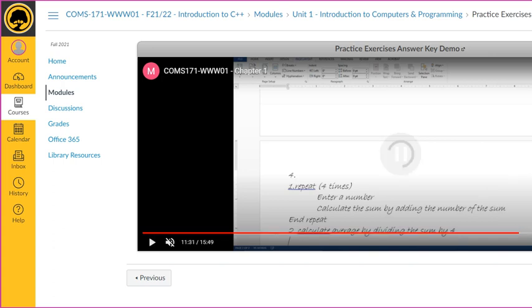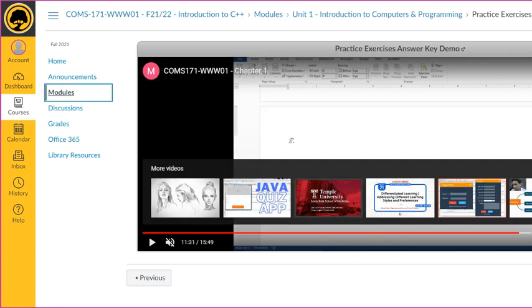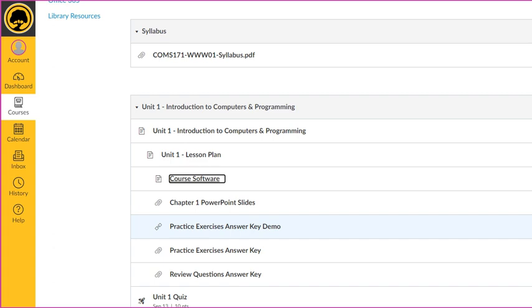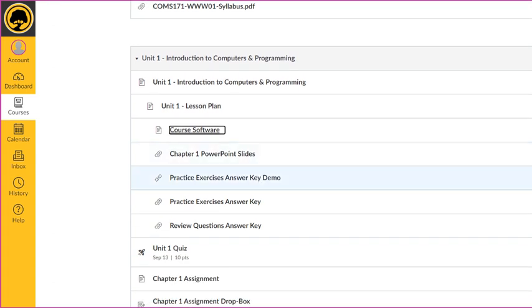Basically, every time you complete an assignment, you'll go through the process of typing it in Visual Studio, compiling your code, then you debug it if needed. Then once you compile it, what you'll need to do is take a print screen of the output, paste it in a Word document, then go into Visual Studio, copy the code and paste the code under that print screen and turn it in that way. So that's how you'll be turning in your assignments. And like I said, I will show you that when we get to that point.